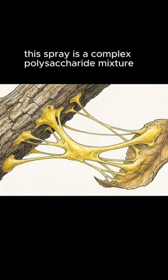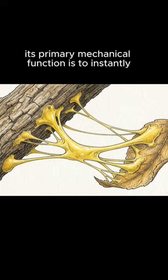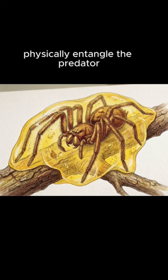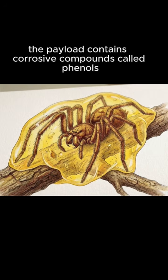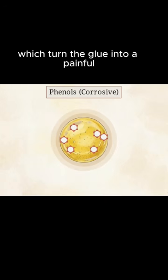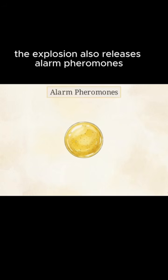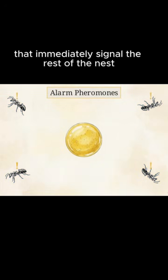This spray is a complex polyacetate mixture, acting as a heavy-duty glue. Its primary mechanical function is to instantly physically entangle the predator, cementing its legs and mouth parts in place so it cannot move. The payload contains corrosive compounds called phenols, which turn the glue into a painful chemical irritant that burns the enemy. The explosion also releases alarm pheromones and toxic terpenoids that immediately signal the rest of the nest